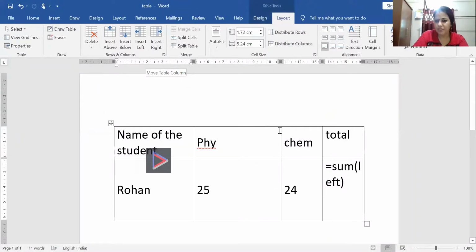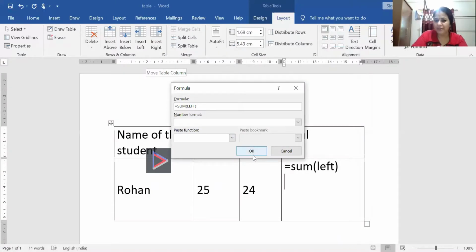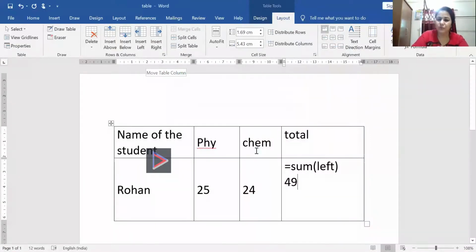All of you see here, I just want to say, in Excel if you are typing the formula it works, but here if I'm typing the formula nothing will happen. So how do we do addition or subtraction or that kind of calculation? You have to go to the formula part. There at the formula layout, formula options, you click here and okay, and the formula comes automatically. If I give okay, then it is already calculated. In such a way you can do it.